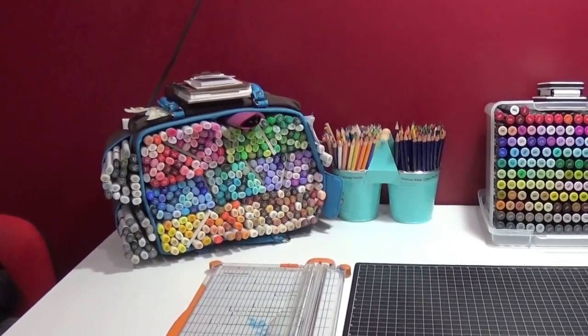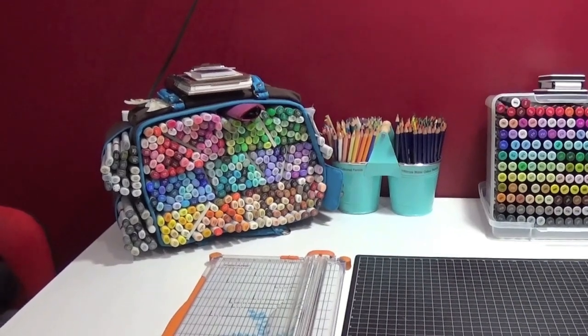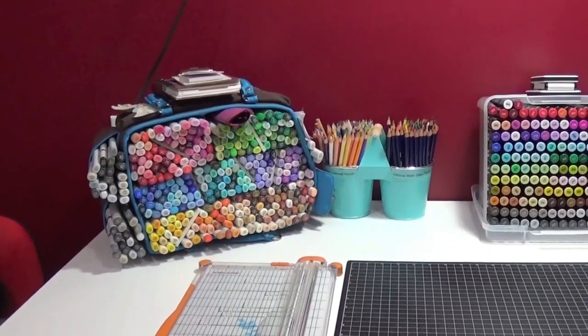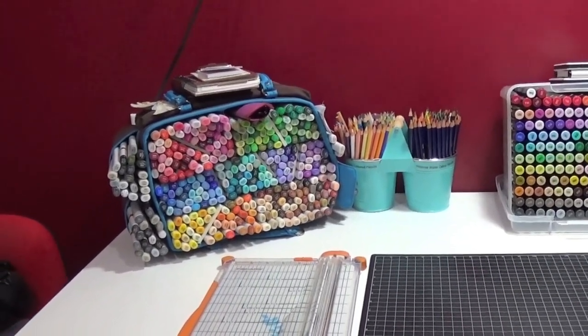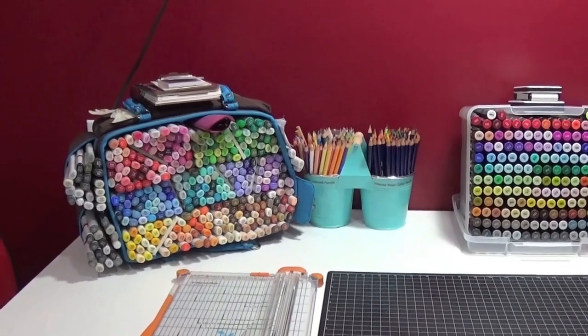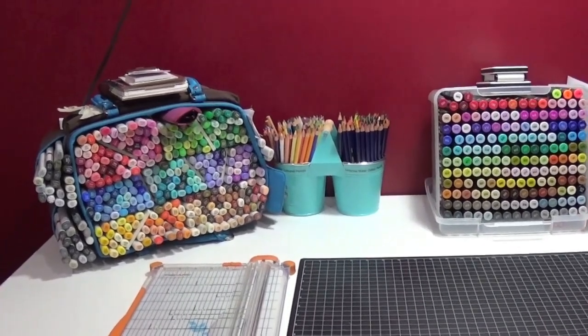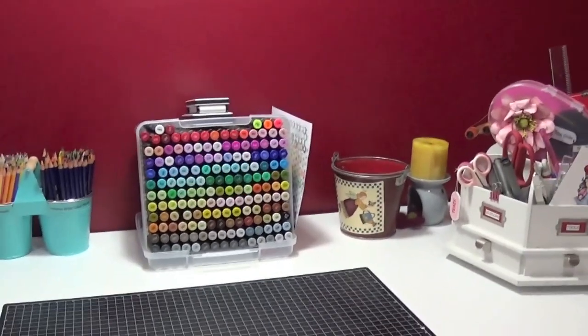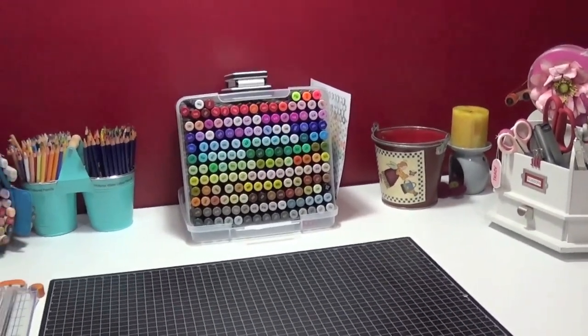I wasn't going to do a messy room tour because I probably have more of those than I actually have of an organized room tour, but I just thought I would share because I like to look at everybody else's rooms, so I thought it would be nice to look at it messy and then look at it clean. And I already started on my desk because, as you can see, this looks pretty good. I wasn't going to do a video, so I've done a few little